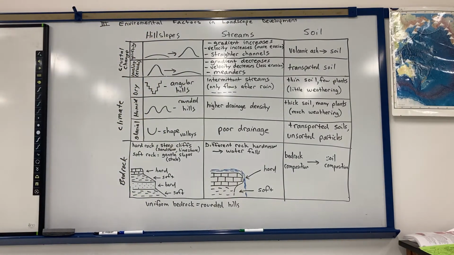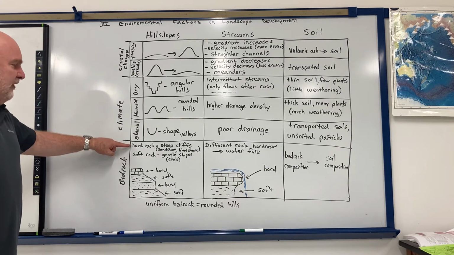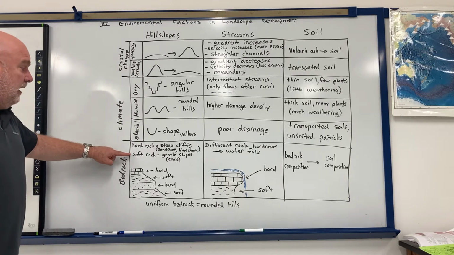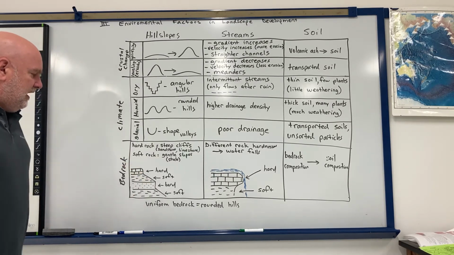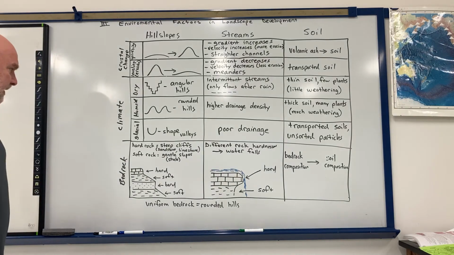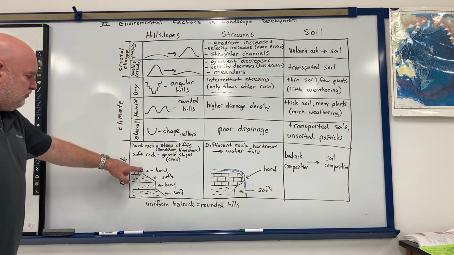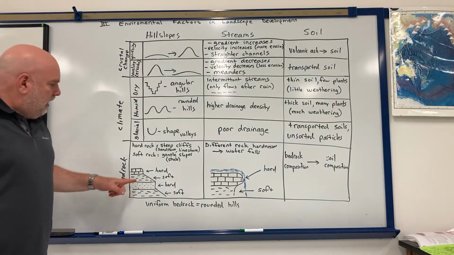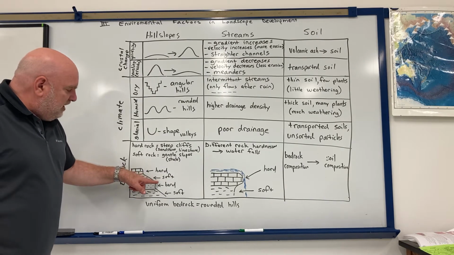The bedrock's effect on these. Right? Well, with the bedrock, rock that's relatively hard or resistant to erosion and softer rock, that's less resistant to erosion, will cause a difference in the shape of the side of the hill. Right? Where the rock's really hard, that's where it goes straight up and down. Right? Where the rock's softer, you have more of a gentle slope.